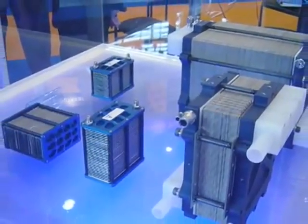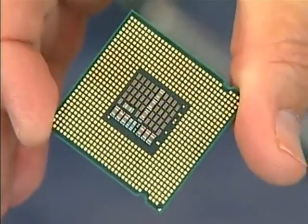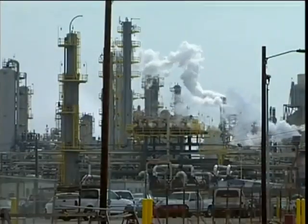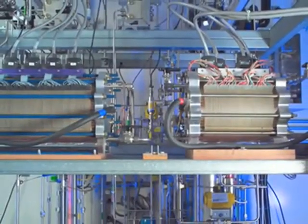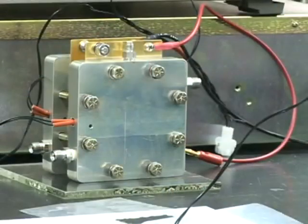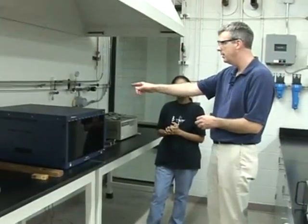Fuel cells can possibly power anything, from tiny microchips to cars to entire buildings and power plants. Getting the juice they produce is a complex process. Let's break down what they are and how they work from an expert, Professor Tom Fuller from the Georgia Institute